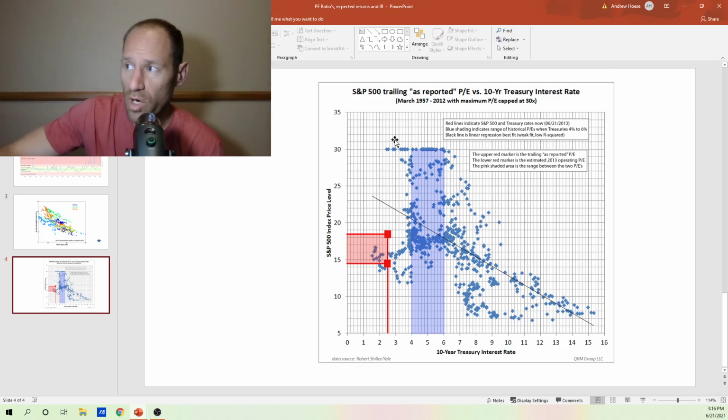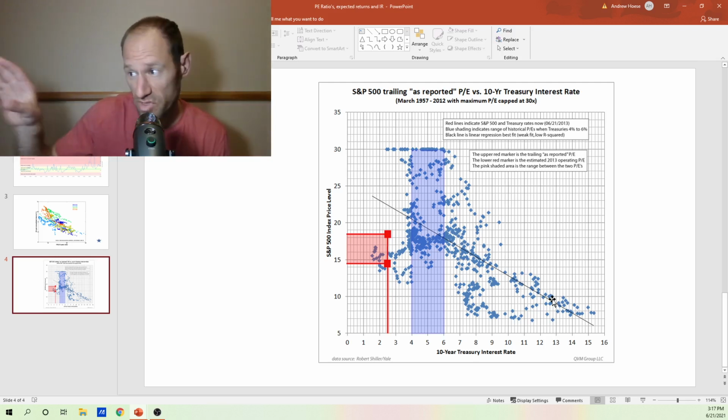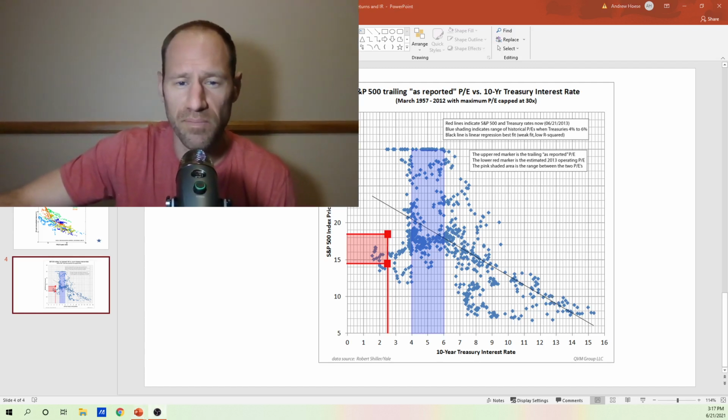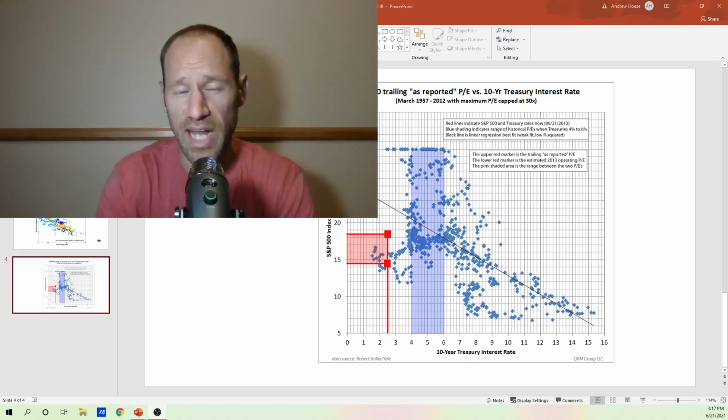And if we're at like 40 up here, this is the S&P 500 index price level. But if you're at a very high price level and your interest rates go up, it wants to go back down to the right. So the general trend is as interest rates go up, the S&P 500 index price level goes down. And you can see that in this chart. Should be clear as day, hopefully. So I really wanted to touch on all of these charts so you guys understand how assets are priced and how interest rates have an impact on price.